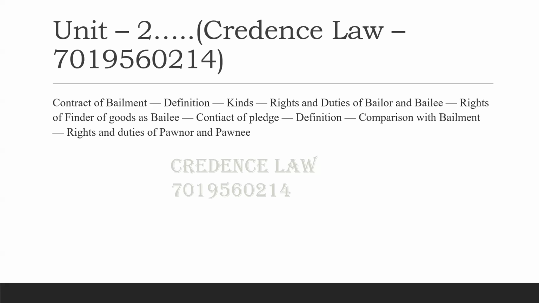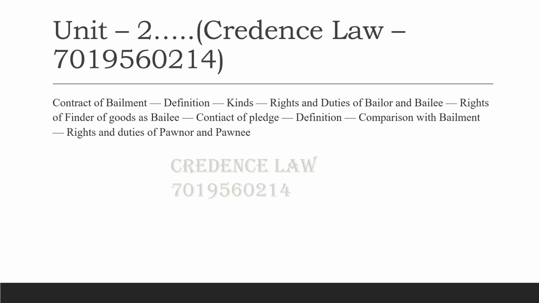Here, one thing which is important, it is easy to understand the concept of bailment. Delivering clothes to a tailor becomes a contract of bailment. There are two parties, bailor and bailee. So the one who delivers is the bailor. We are the bailor, and the tailor is the bailee. We are delivering the cloth to the tailor.